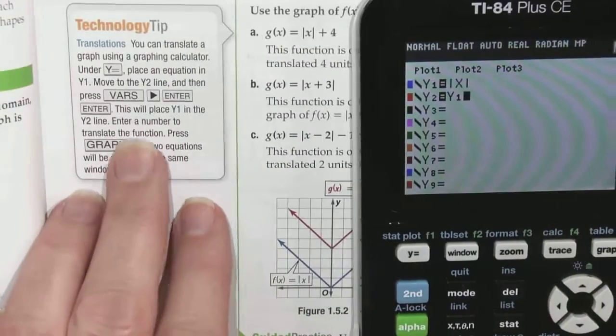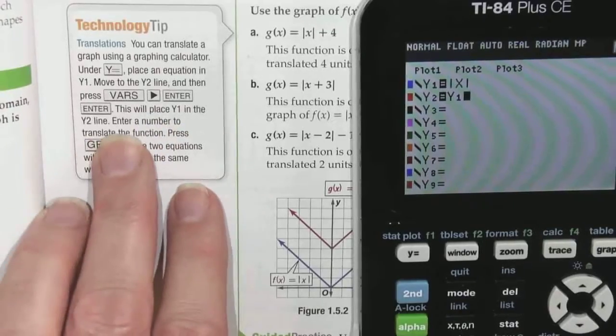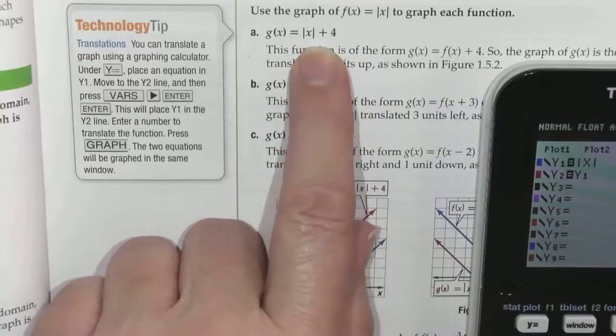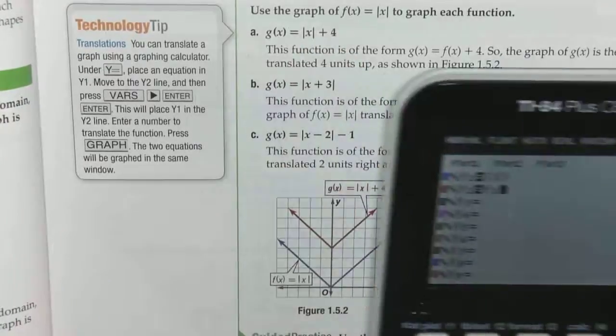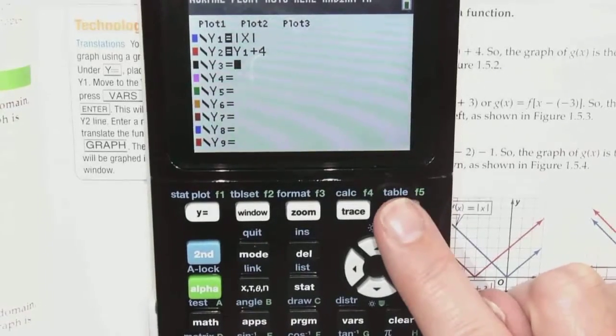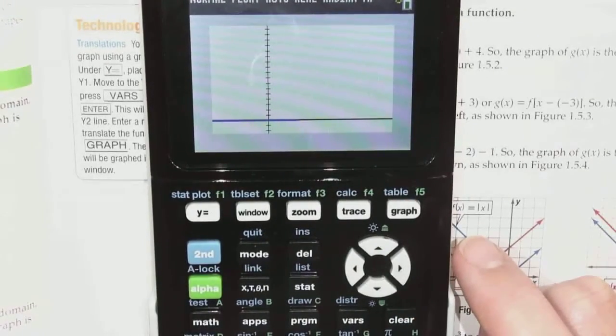Okay, so this will place y sub 1 in line 2, enter a number to translate the function, then press graph. Okay, so let's do this one. Let's put in plus 4. So plus 4 and enter. Now let's hit graph, which, you know what,